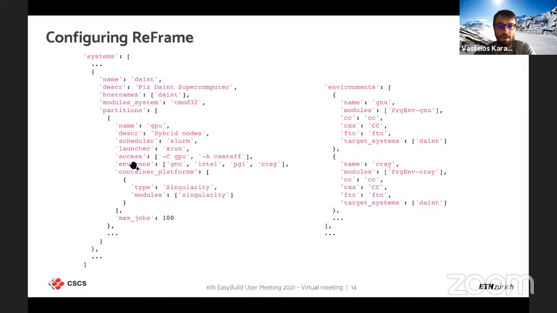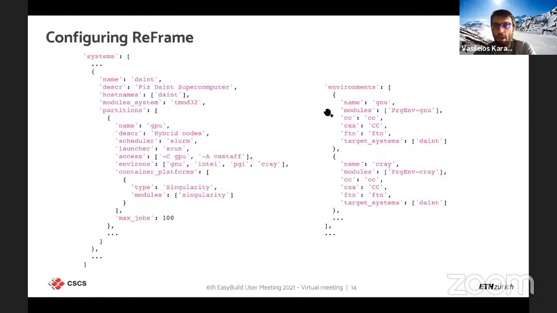Here you see the environments that you need to test on that partition. And these are just names that are later defined in a different section of the configuration. And then you can even define the container platforms that are valid for that partition. For example, this one, we have Singularity, and this is how you're going to get the Singularity